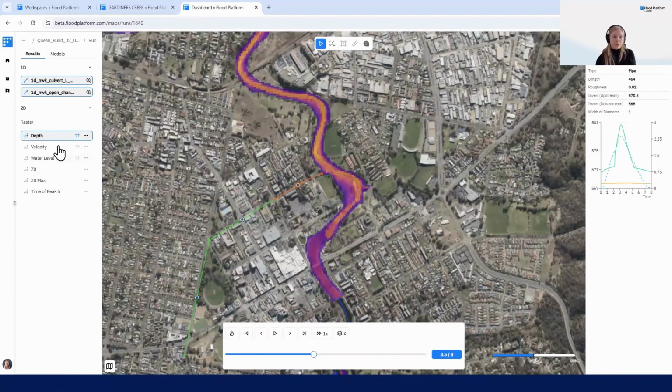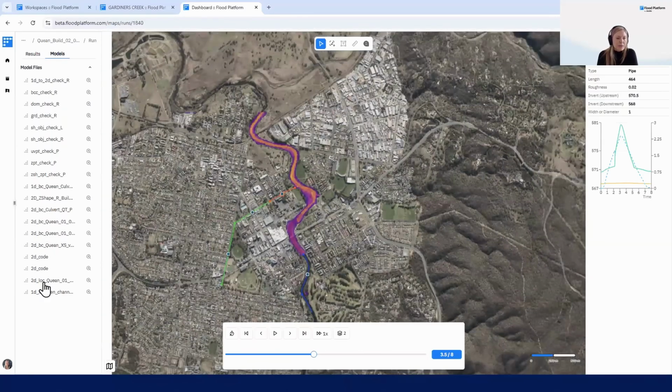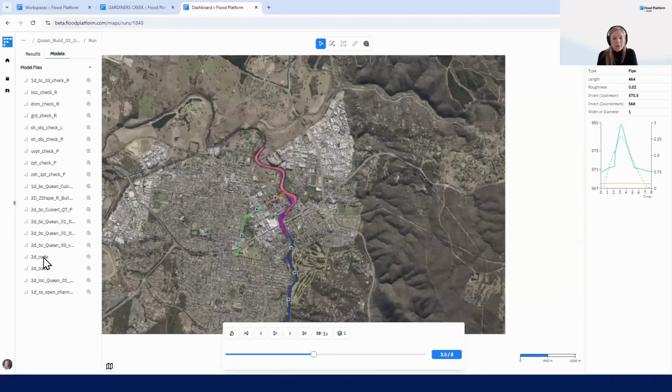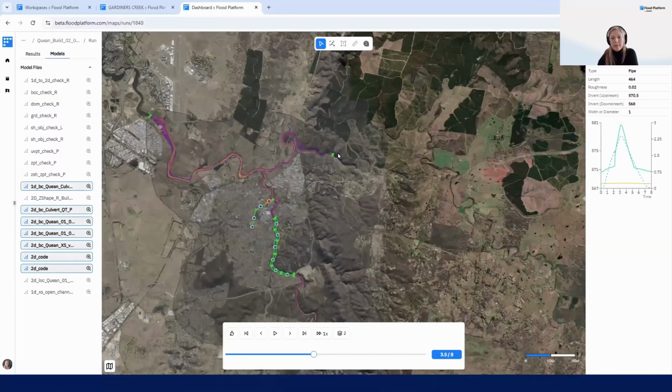If you're a modeler or you're doing reviews and you want a little bit more information, you can click on the Models tab. This is not a full list of things that we're going to be showing, but you can turn on your code layers. We've got the cross sections of the model there. You can also put in your boundary conditions, right? So you can see that I've got some inflows and this is the downstream outflow. So you can check all of the information there.